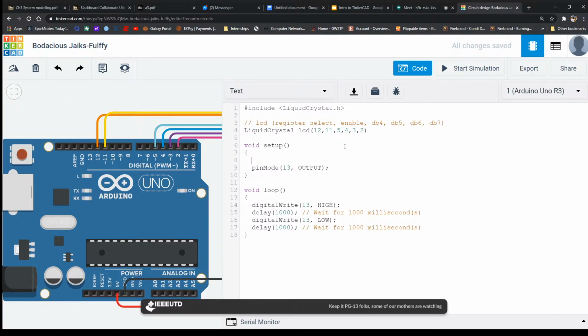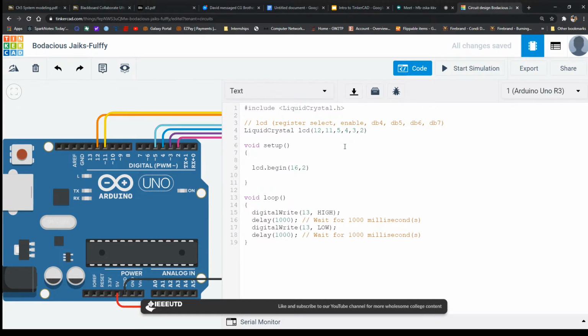But yeah, so in our setup, since we've already initialized our pins, all we have to do now is set up the LCD number of columns and rows. The way the LCD works is it's laid out in specific rows and columns. So in this case, the way you can read this is